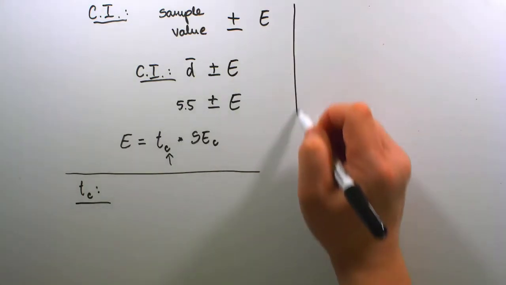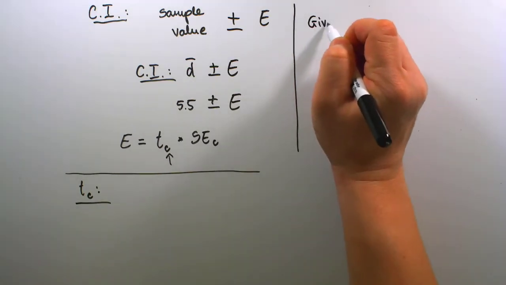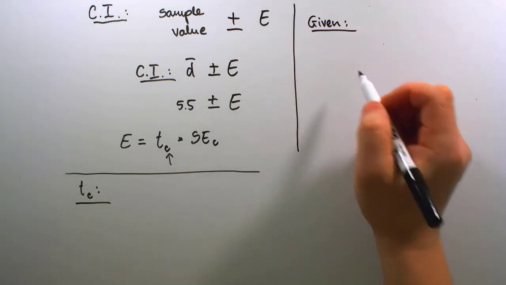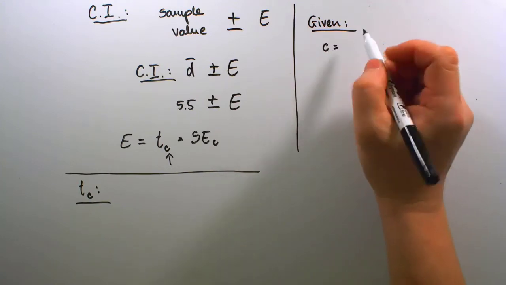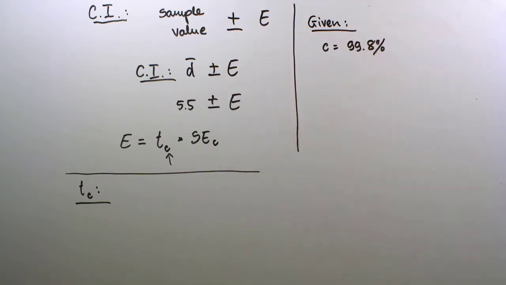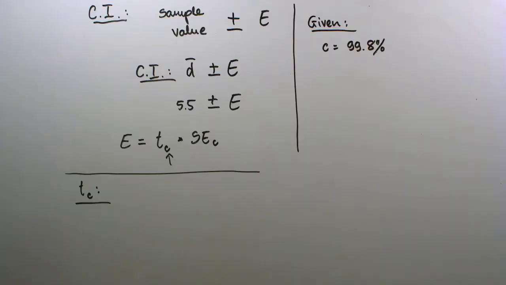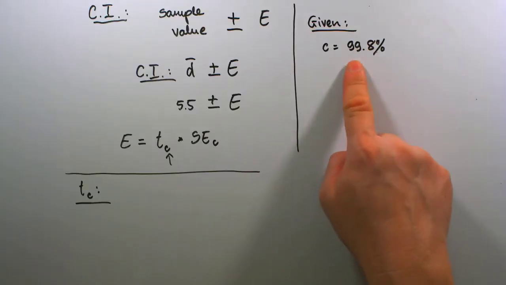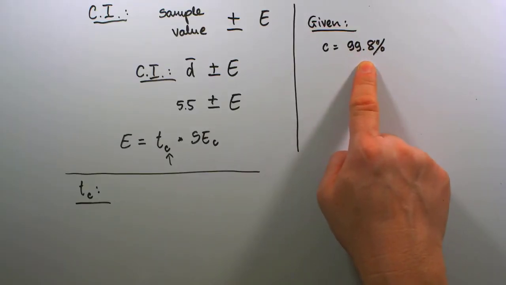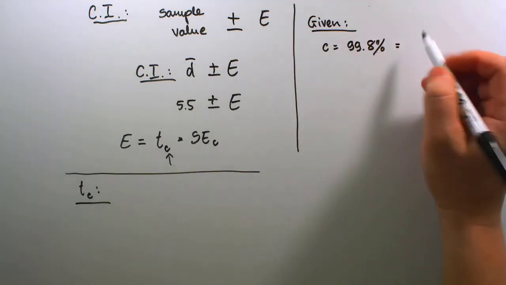First of all, recall that our confidence level is given to be c equals 99.8, as given in the question. Find a 99.8 confidence interval. So that means our confidence level is 99.8. But to really use this in calculation, I am going to write that as